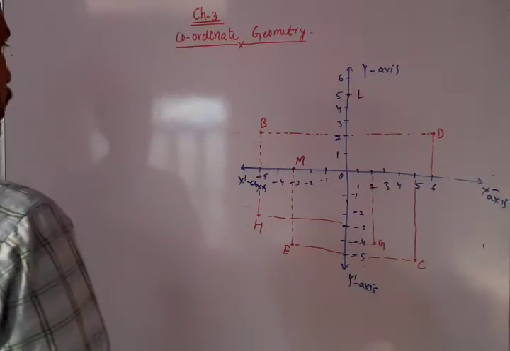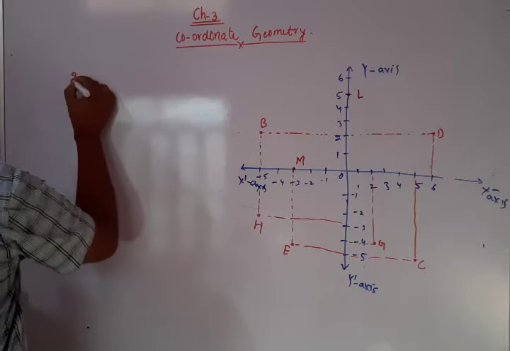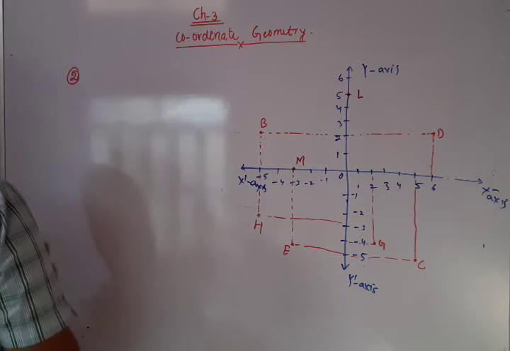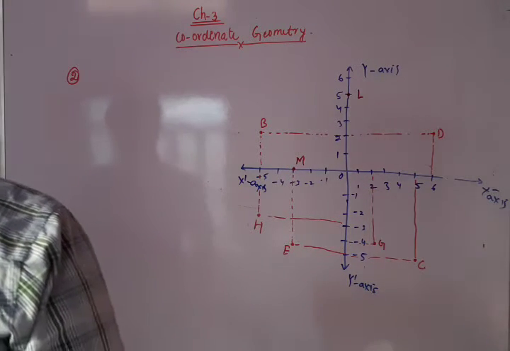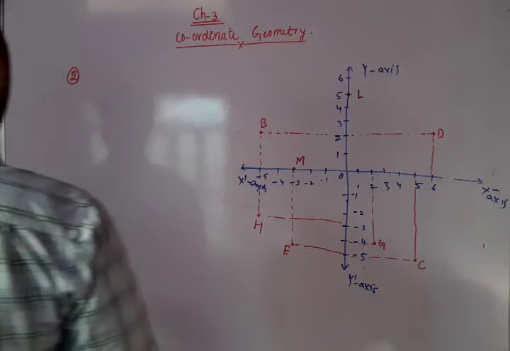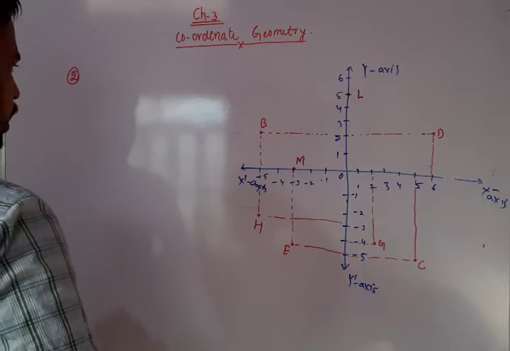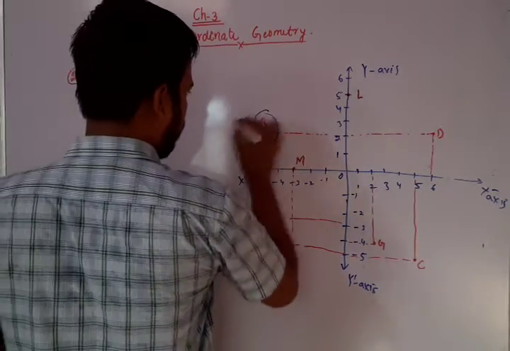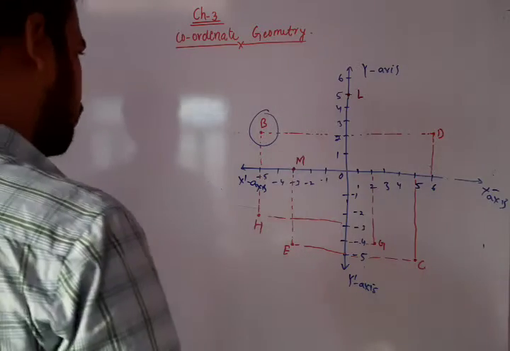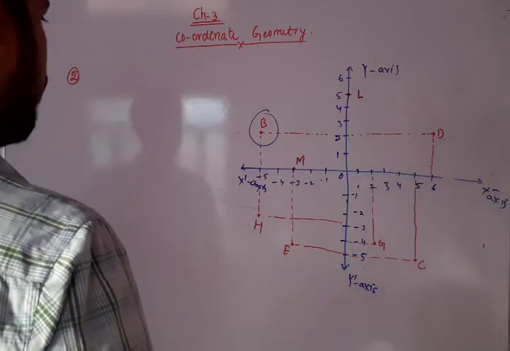Now this is our coordinate system. The graph has been given in question number 2. The graph given is this one. Now we have to answer the questions asked. Question number first is the coordinate of B. Now see where B is. In the graph, point B is this one. Now for writing coordinates, first we have to write the abscissa and then the ordinate. So abscissa is the x coordinate.